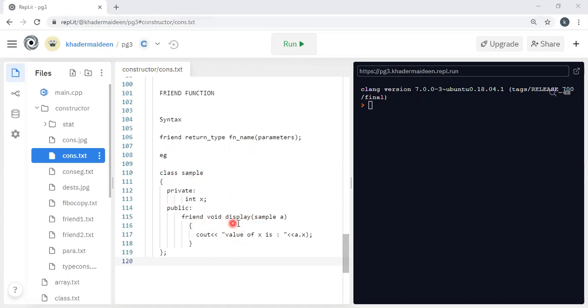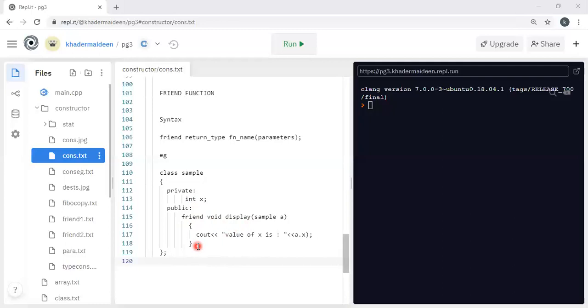That means we have to declare it as friend. That means these functions can be non-member functions which are used to access the private data member. Suppose we do not specify friend, it is an ordinary function. A non-member function means this function cannot access the value of x. So that is the concept of the friend. Now let me see what the various friend functions available are.